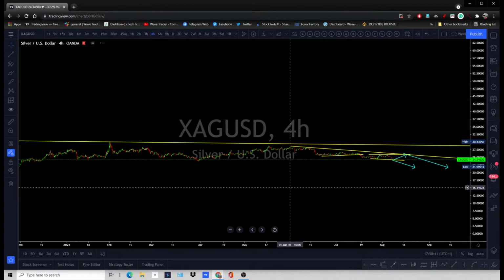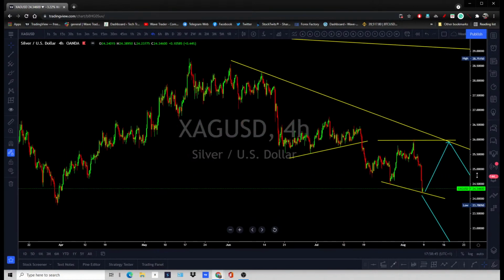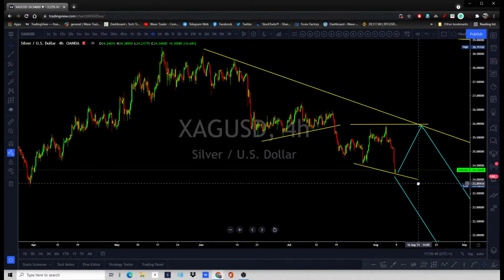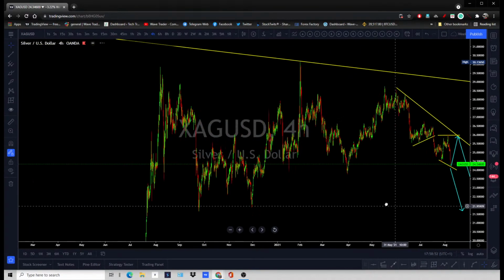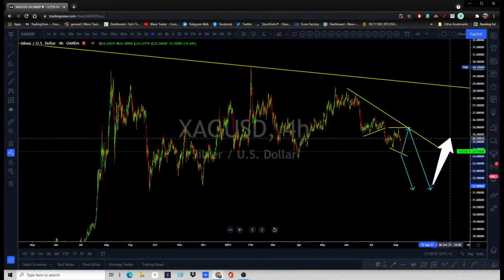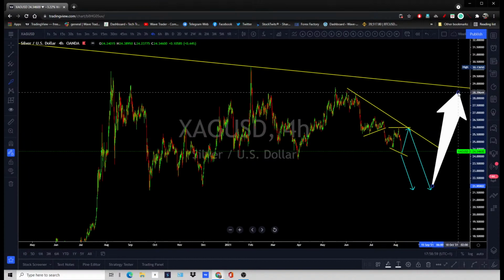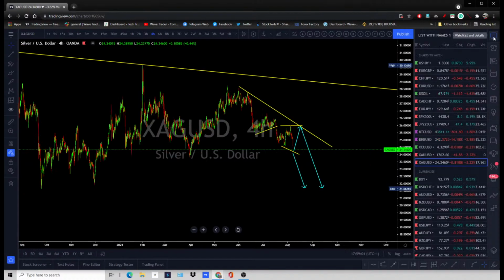On the lower time frame, we can still see an expanding triangle formation. If it comes, then you are looking for this to keep dragging lower. Not much left on the silver at the current price. It can go sideways again, so you don't have a perfect opportunity. You are either ignoring it or letting it keep dragging lower, because it has already made its move from the top. Or you can trade on the lower time frame, which is a bit risky right now at the current price.